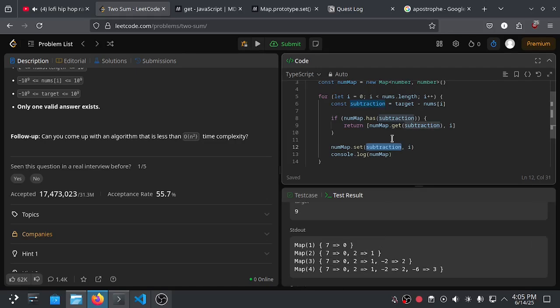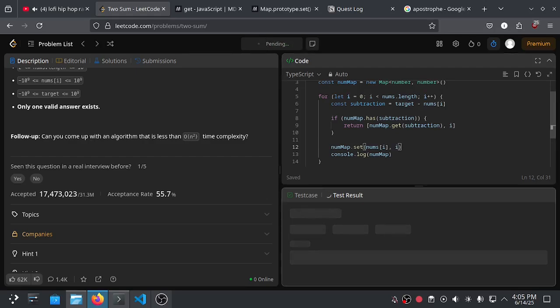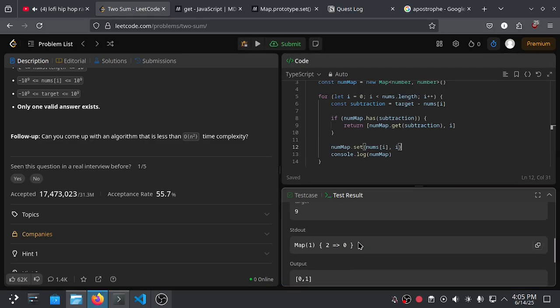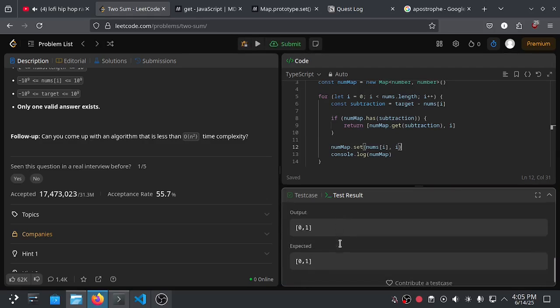Instead of storing the subtraction value, let's use nums[i], the current iteration value, as the key, and the index as the value of the key pair. So let's run this again to see if it works. And then this is the iteration. It's already correct.